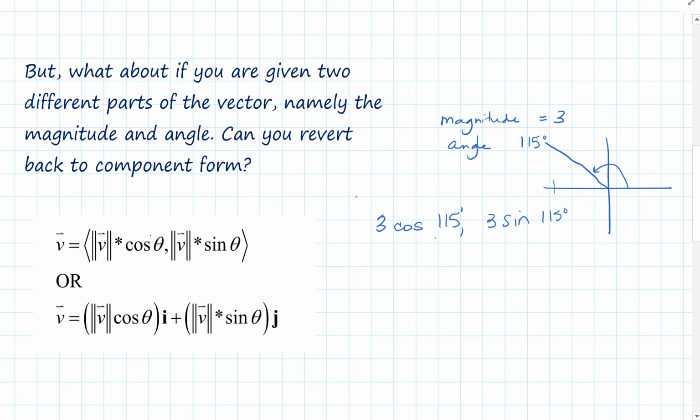And let's see what I get. 115, by the way, is 90 plus 45, so I'm down there in that same region, if you will, the same ratios. So the cosine, oh, it gave me a negative, that's good. Negative 1.27. Oh, it's a vector, right? So there's my horizontal component, and the sine is 3 times sine of 115, and it's 2.2. So there we have it. You just have to use these. Now, if it wants i and j, I would have said negative 1.27 i plus 2.2 j